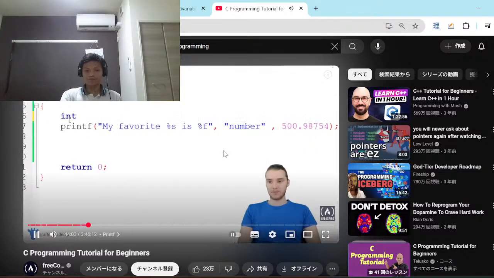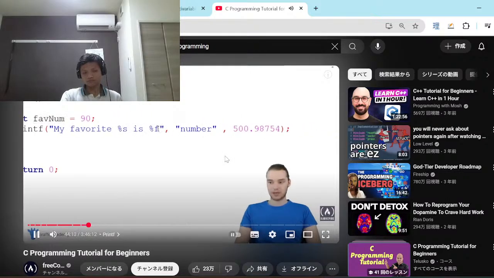So if I was to create like a number variable up here, we call it like fav num, set equal to 90. I can use this variable and print it out inside of this printf. So over here we can make this %D, and instead of printing out